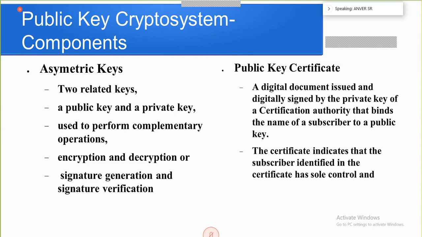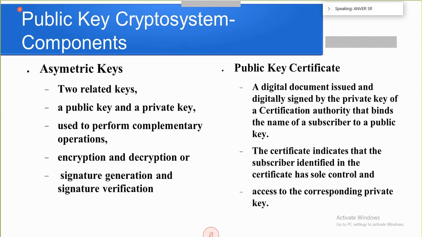Then what is the use of public key certificate? It means that only the authorized persons can participate in the communication. Okay. So he should have some certificate. I think you have noticed this on some sites. While we are going to some sites, there may be a message: the certificate is not trusted, or unsecure site.